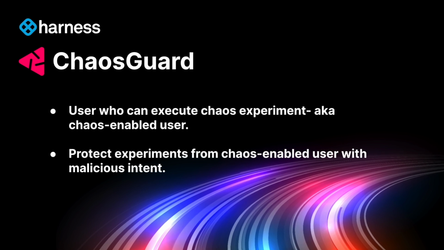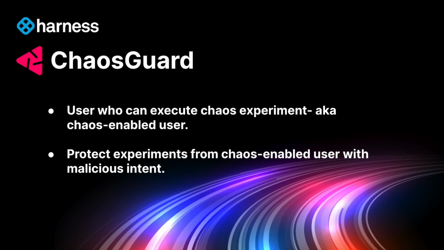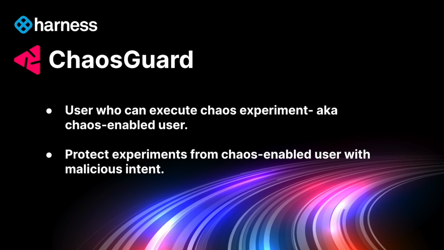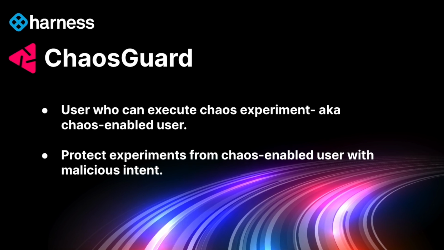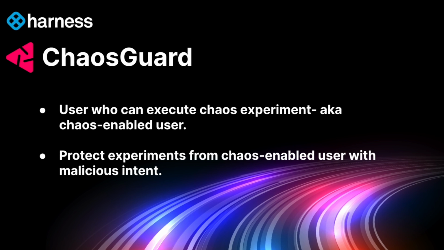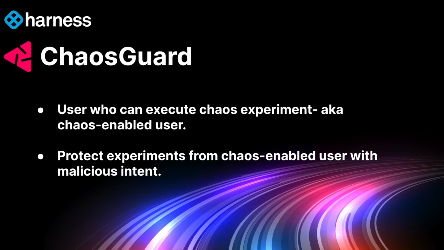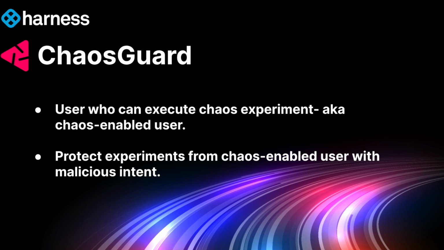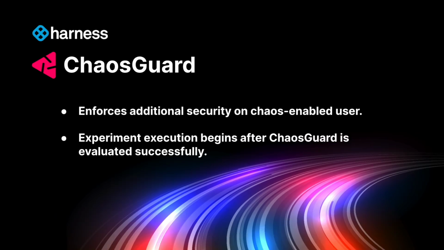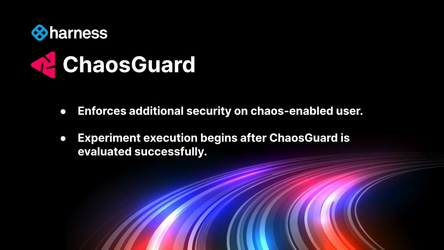When your environment becomes advanced, you will require higher governance policies so that you can have extra protection against your chaos experiments. To minimize the blast radius, improve the level of security, and mitigate potential threats, ChaosGuard helps you achieve this. Users who have access or permissions to execute your chaos experiments will be subject to further levels of security policy